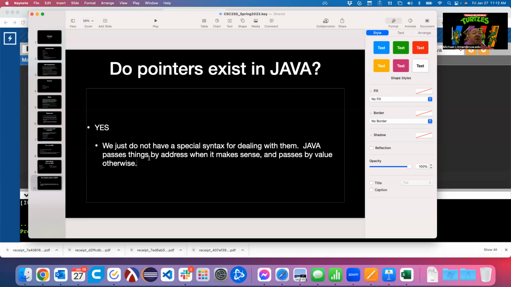Part of that comes with your program running inside of a virtual machine. It's not even running directly on top of the hardware. It's running on top of something that maps to the underlying hardware.